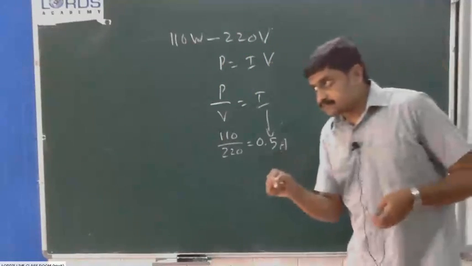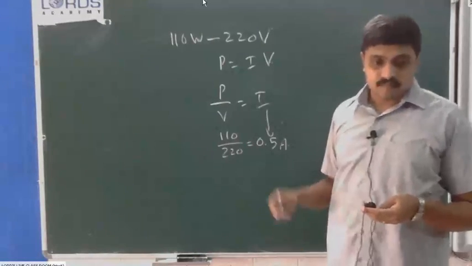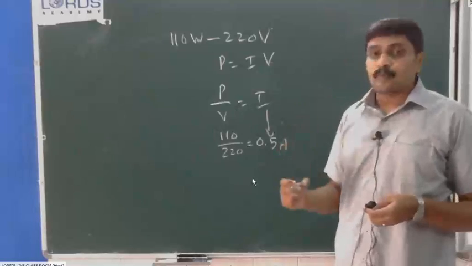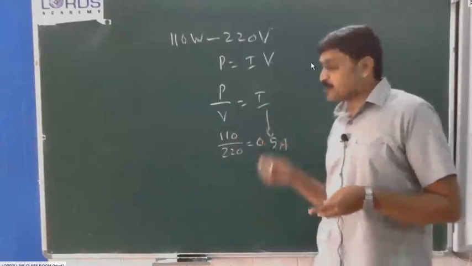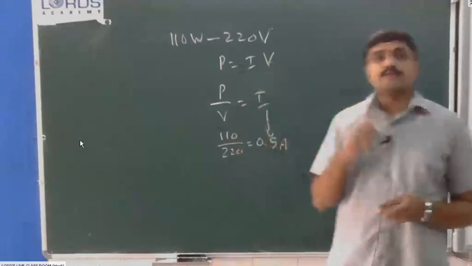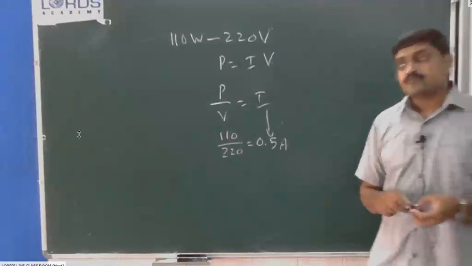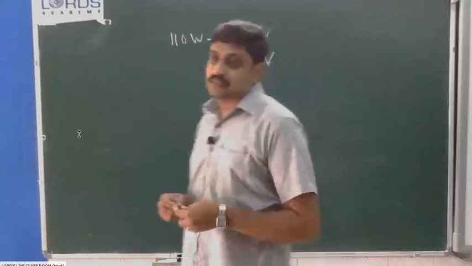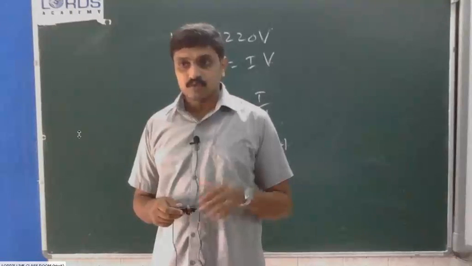It means for the proper working of this instrument, the current that passes through should be 0.5 ampere. What happens if 3 ampere of current flows through this instrument? Normally,